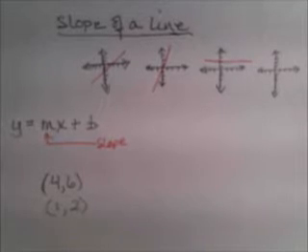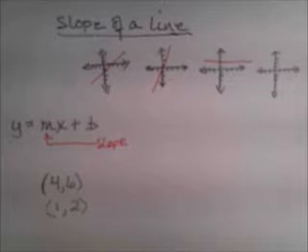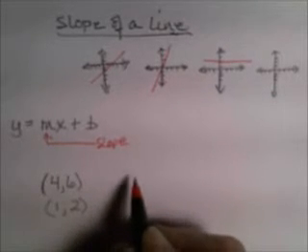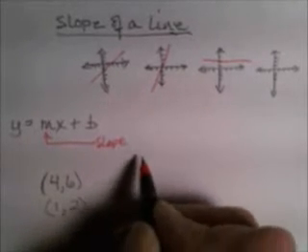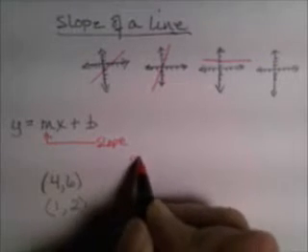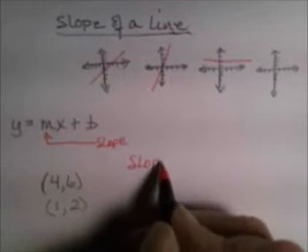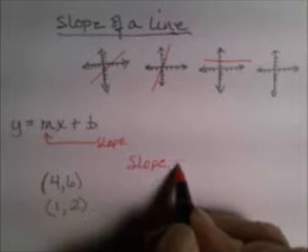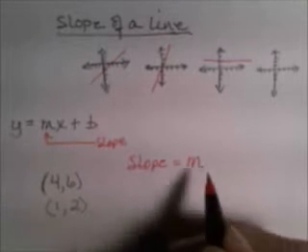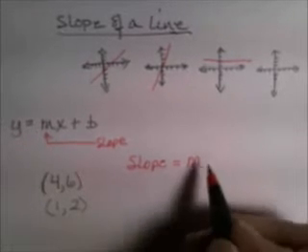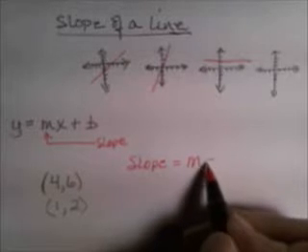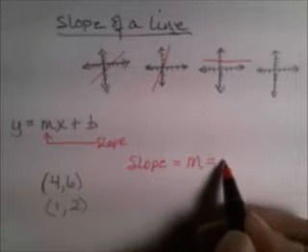So this is a very handy equation. It tells you what the slope is. So we know that slope is equal to m. Okay, and then m is equal to the rise